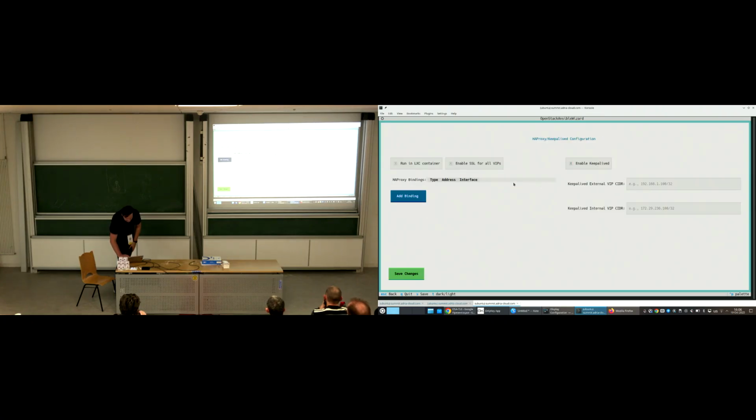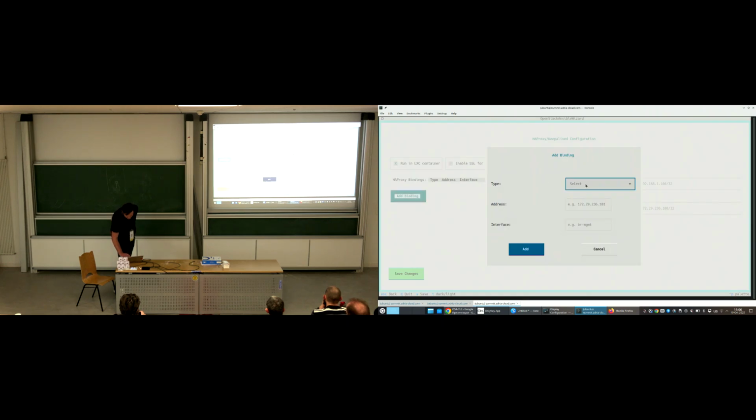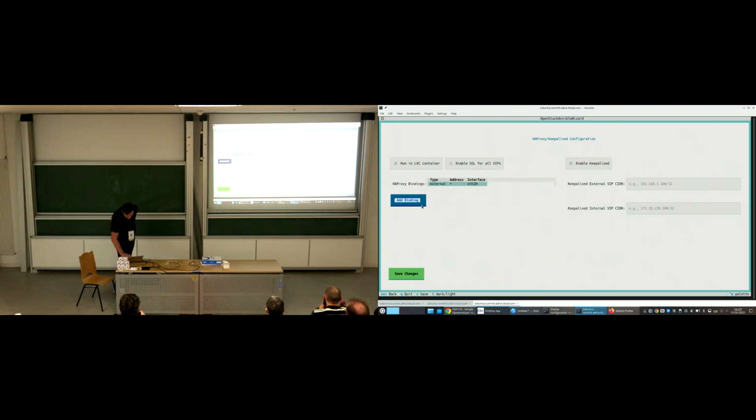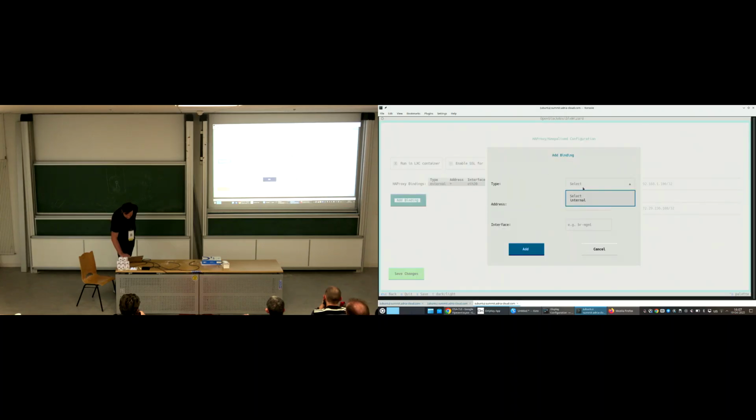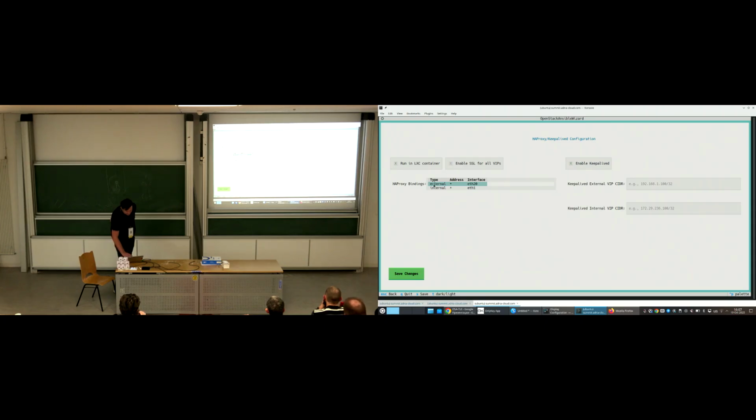And in the HAProxy settings, there are help messages, and you can add bindings to interfaces, to addresses. It will try to guide you, and whenever you have two, you cannot add any more, and